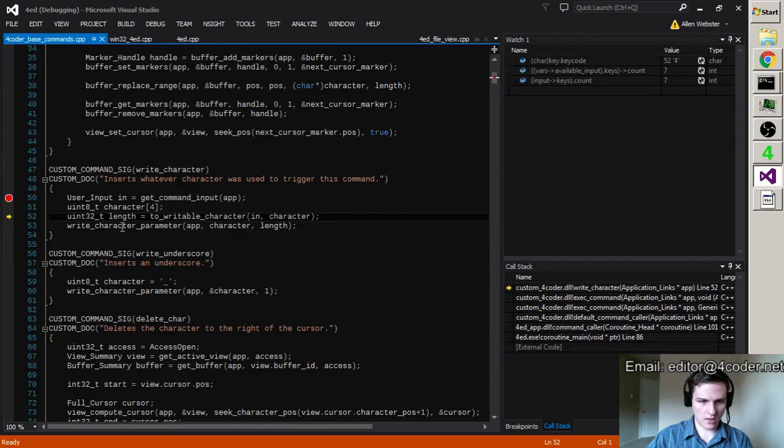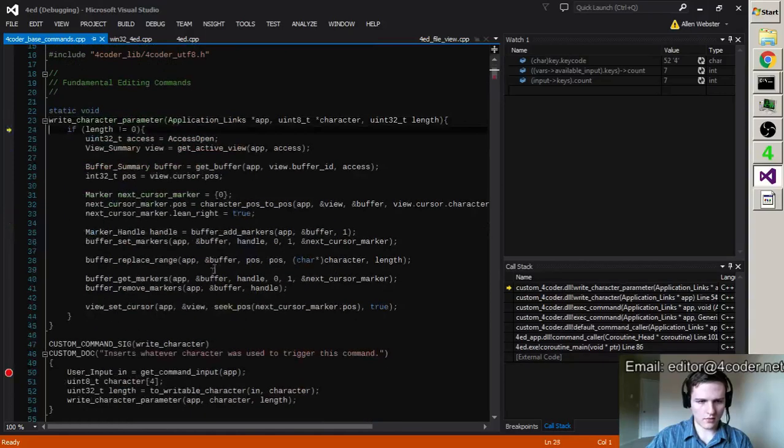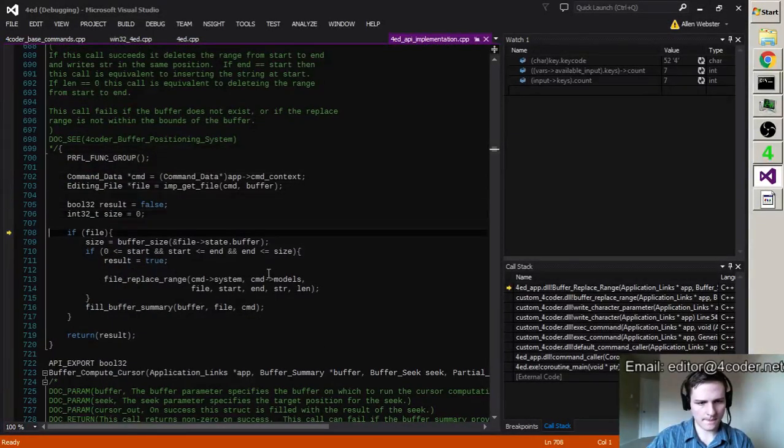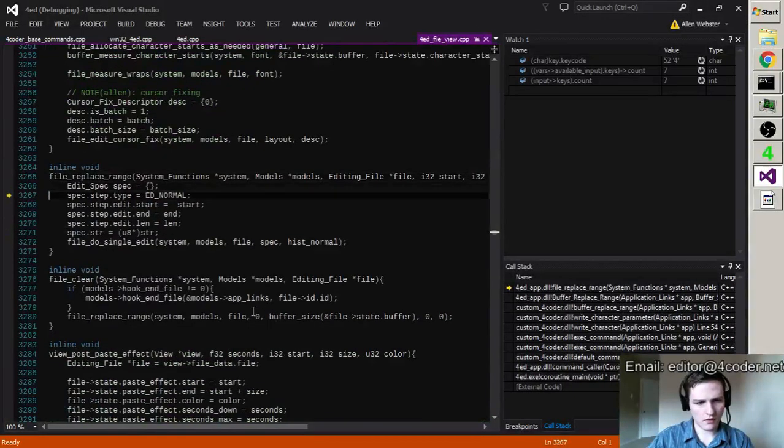So we get the command input, we find out what we're inserting, we go to write the character. Alright, so this is the part I actually care about. Anyway, buffer replace range. I go in here. Now what I want to see is if at any point this